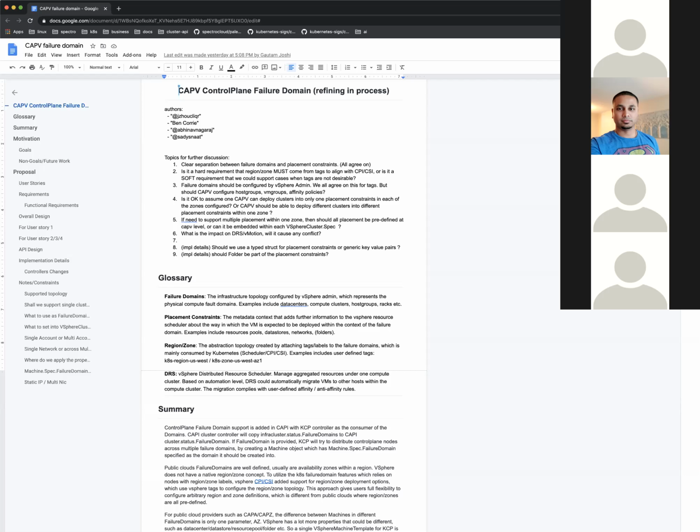Any time we expose specific knowledge of vSphere inventory items or organization, we inherently make the thing fragile, because the moment something changes, our configurations are broken. Tags give us this nice loose coupling. So maybe we could take that as an offline item; I can reach out to some folks I know in the DRS team and double check with them on that point. Would that be okay? Yeah, sure, thanks.